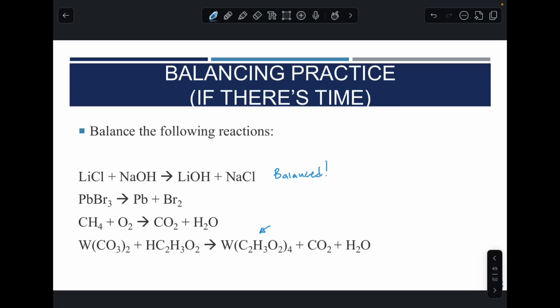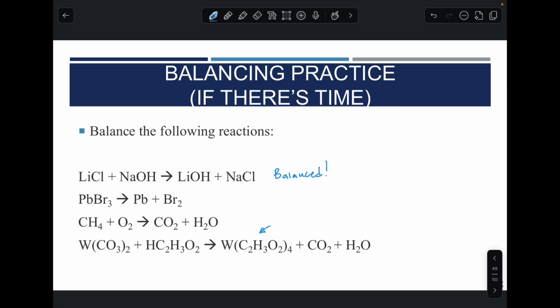And for the next one, let's move on to this one. So Pb is lead, Br3, that's 3 bromide ions. On the right-hand side, we have lead again and molecular bromine. So that means that this is how it exists in nature. This is a molecule of bromine, Br2. And so we are going to